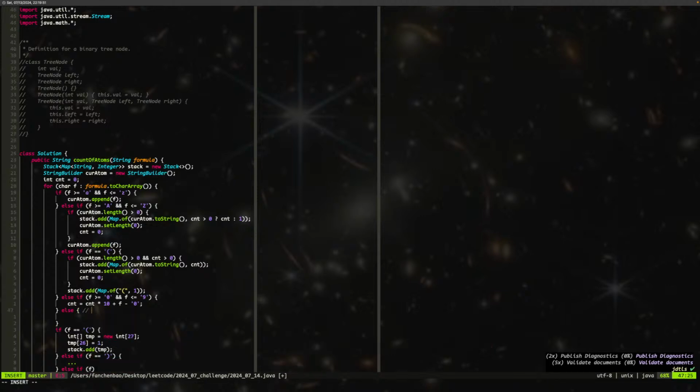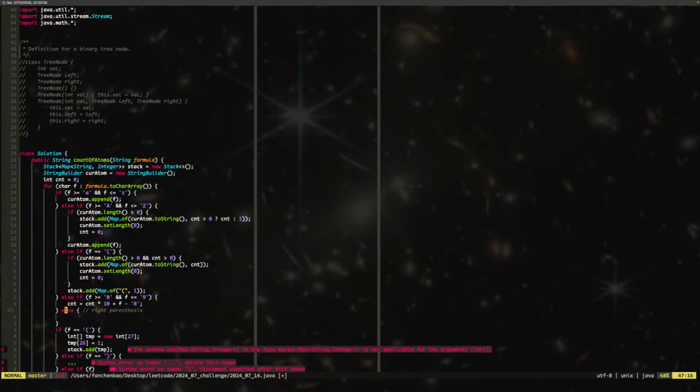I think this is the one. This is right parentheses. All right, so when the right parentheses comes, hold on a second. If the left parentheses come, if I have previous, right, if the left parentheses come, if I previously have a number,